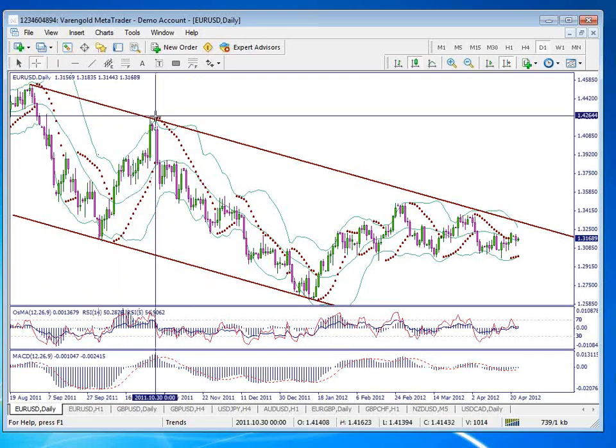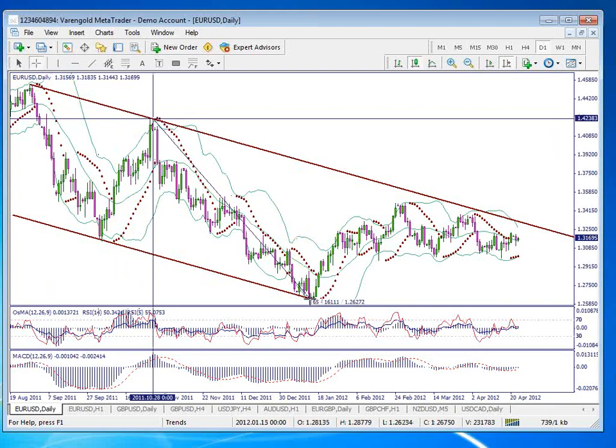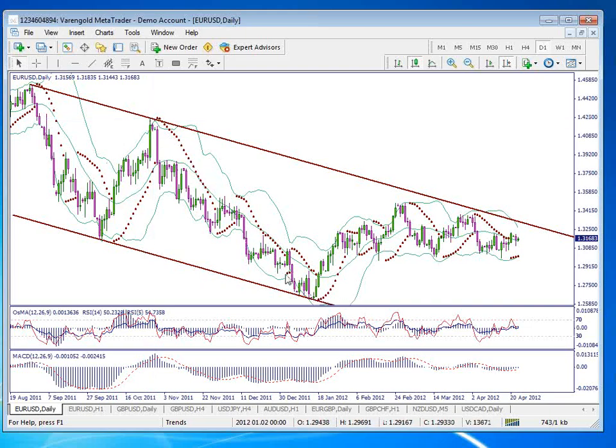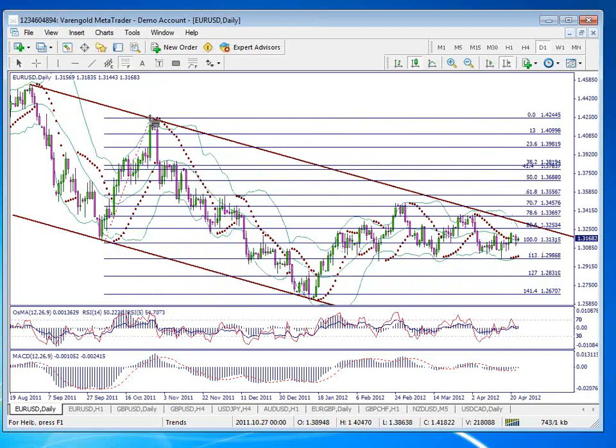The wave number 3 was about 65 days. Usually the wave number 3 is the biggest one of the impulse. We had about 1,600 pips in this way, and if we want to measure it, we will use Fibonacci from the low to